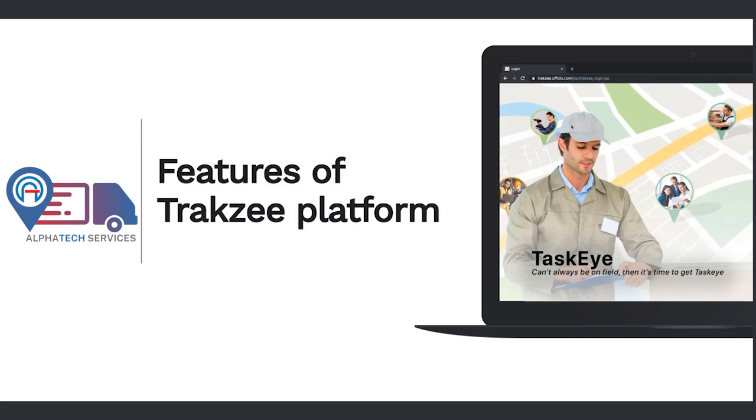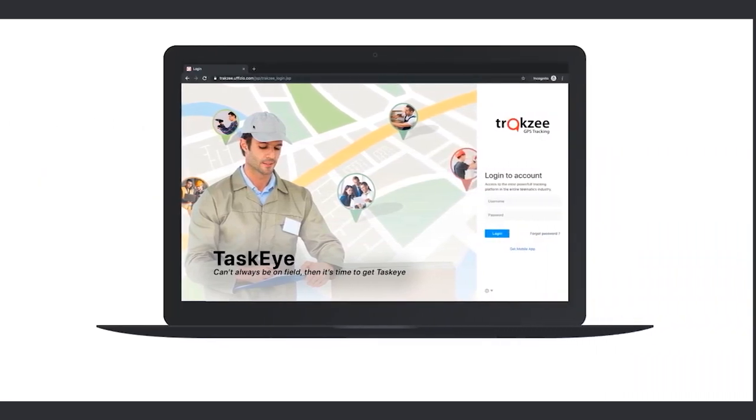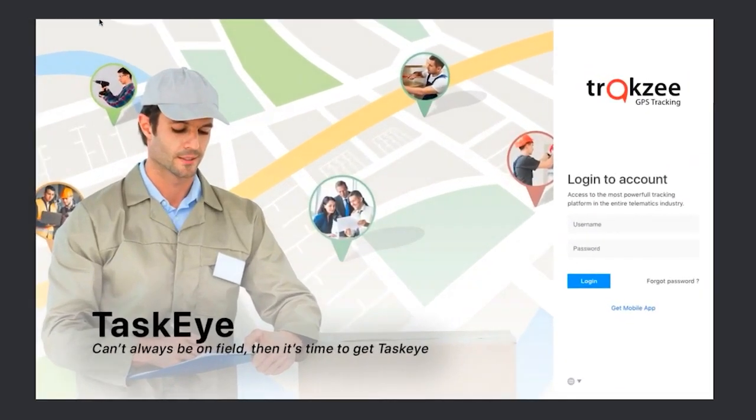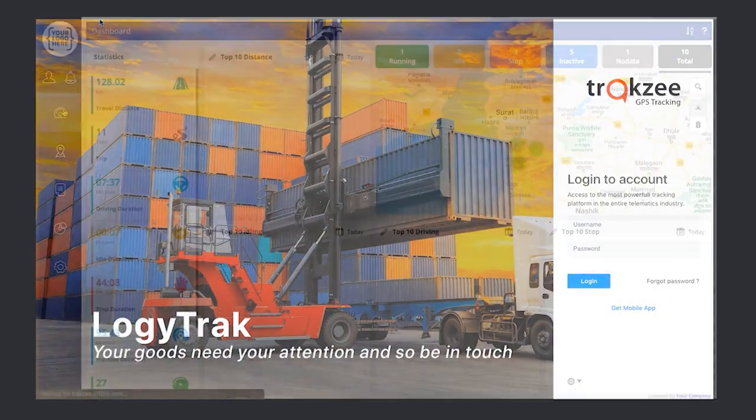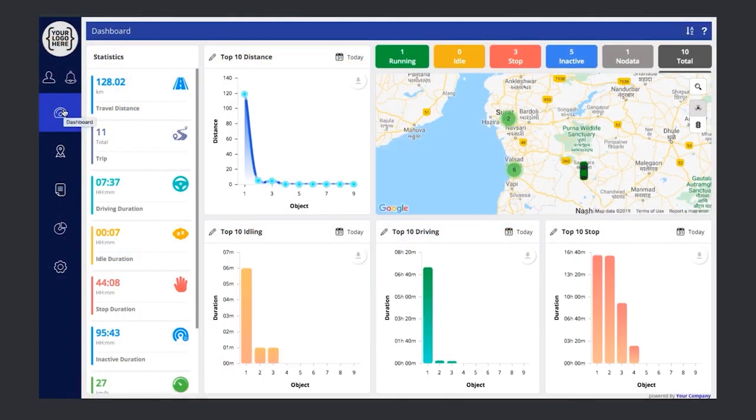Let us have a look at the various features of the Trakzee platform. When you go to the URL trakzee.uphysio.com, you reach the login page. Here, at an admin or reseller level, you will be able to see the details regarding the distance traveled